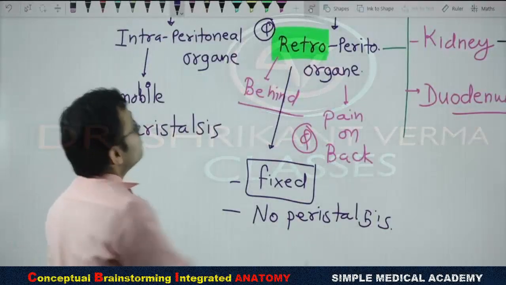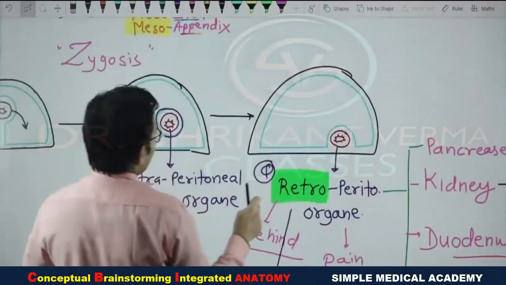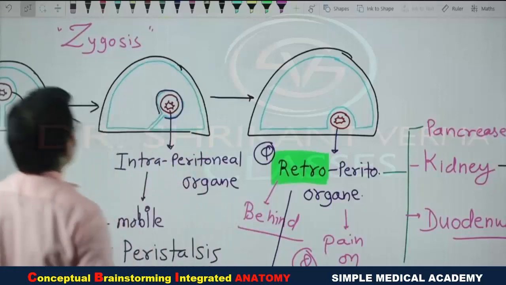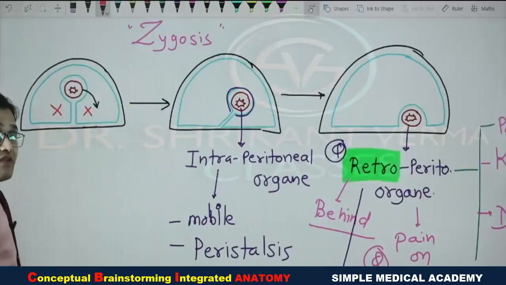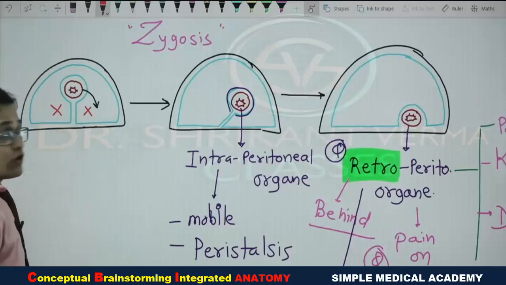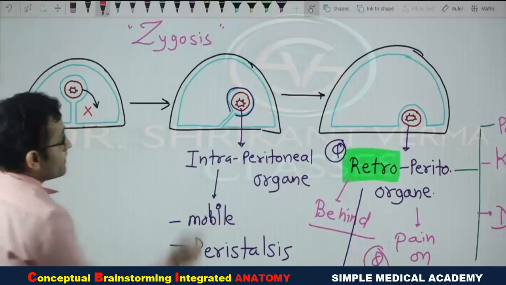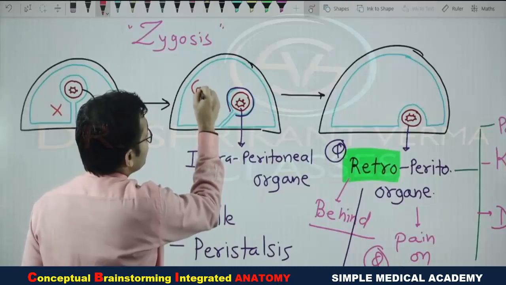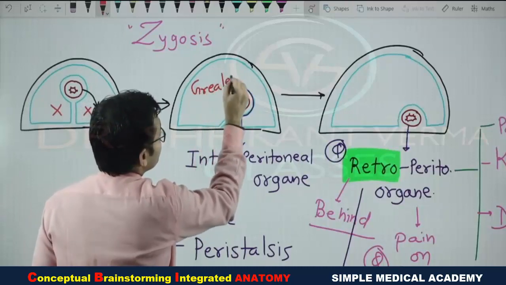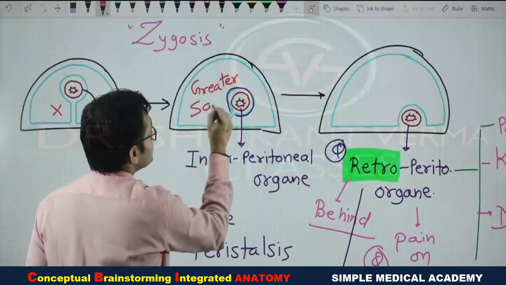Now again come to the next part of this important peritoneum. Can you see here the two cavities, and both cavities are equal in volume, right and left, but when there is a rotation, then this cavity became big. That's why it is known as the greater cavity, means sac.